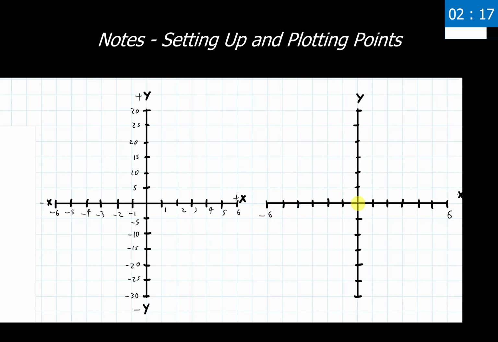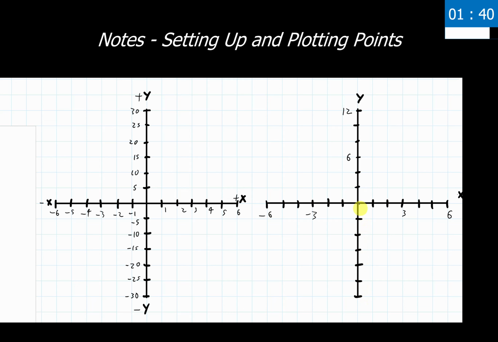Now my recommendation is about halfway through this whole axis where it ends here, put the middle number. Just so we know 1, 2, 3, okay, the halfway, 4, 5, 6, okay, we're good there. Same thing on the other direction. So I now have my positive direction and my negative direction defined, so we're good there. Maybe I'm going to do the y-axis, instead of by 5s, let's go by 2s. So I'd have 2, 4, 6, 8, 10, 12 up here. Then let's get something halfway, 2, 4, 6, right there.